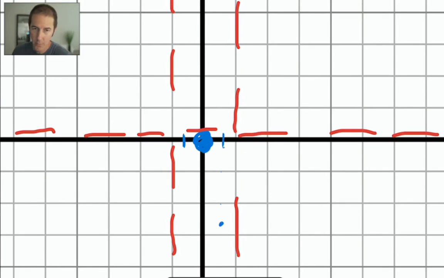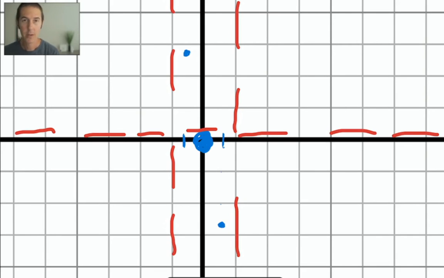And then another point that we calculated was negative 1/2. We plugged in, and we got out a y value of positive 2 2/3. Negative 1/2, up 2 2/3 puts me about here. Am I surprised? No, I'm not. Why am I not surprised? Because